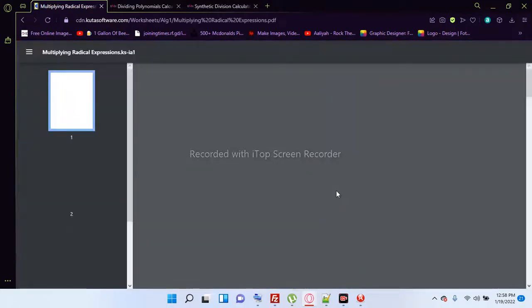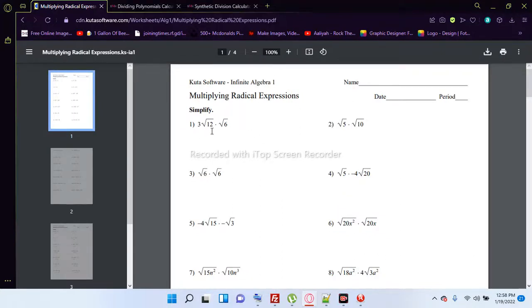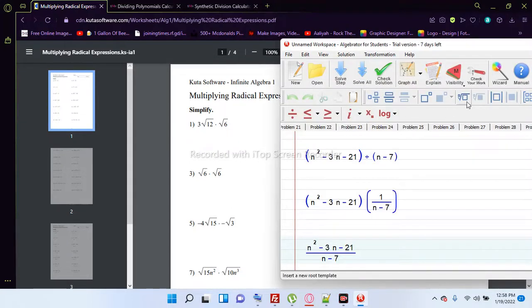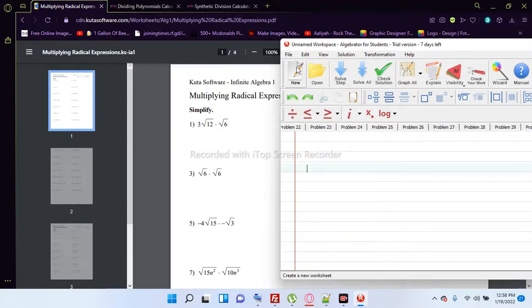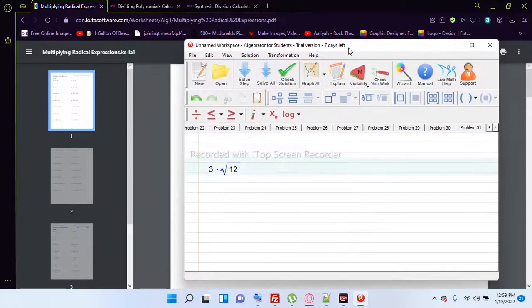Let's see. Multiply radicals. I don't even remember that. Wow. 3 radical 12 times 6 radical. Alright, so let's multiply radical expressions, okay? And the thing she has there is this. Alright, so we're going to go new. So you go up front. What you do is you type in 3 radical, okay, 12, okay, times. Now we lost it. 3 radical times, let's see,